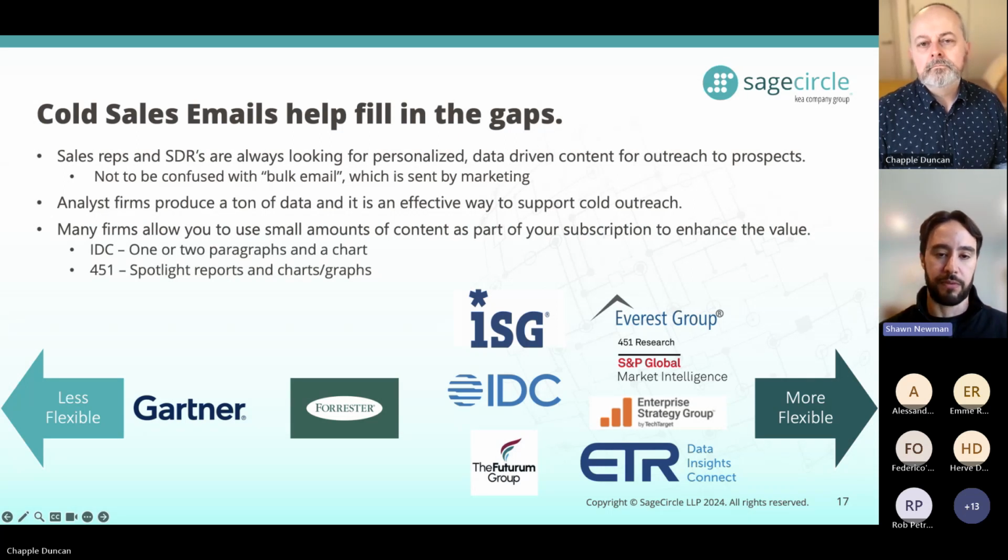So if you don't want to pay full price for reprints, or even if you bought holistic reprints throughout the year. Like if you bought reprints at 451, they produced vendor-agnostic spotlight reports that talked about individual technologies and why they were important. And they would let you use that just as part of your subscription, because that's a differentiator from a Gartner, right? So it's something to explore as you're thinking about your budget.